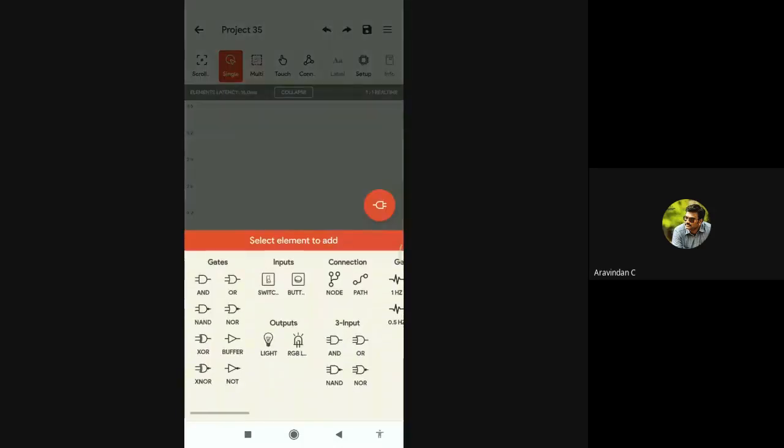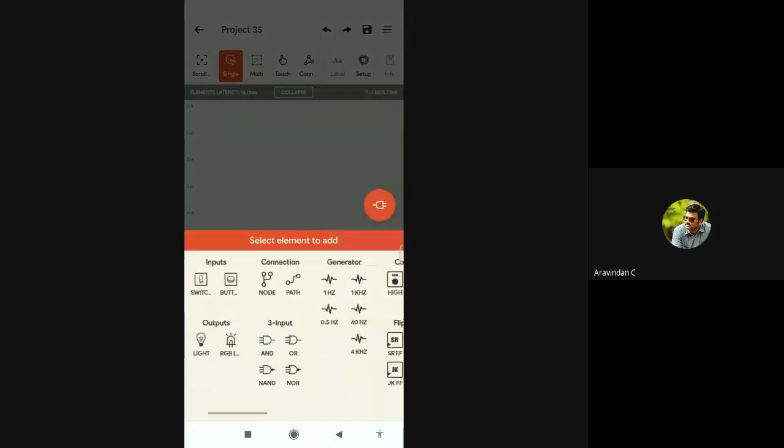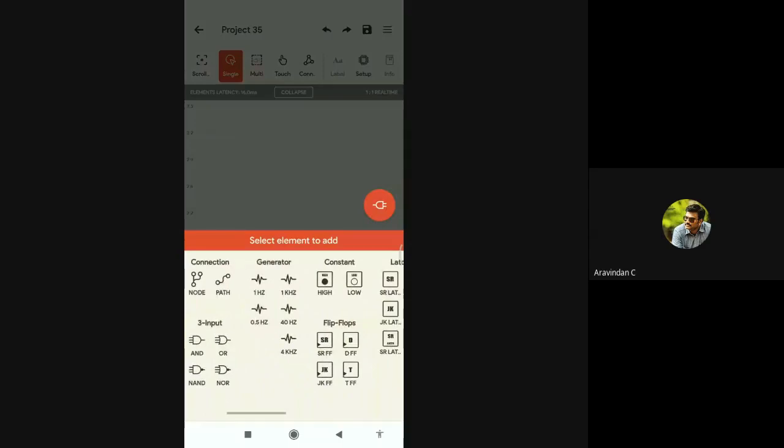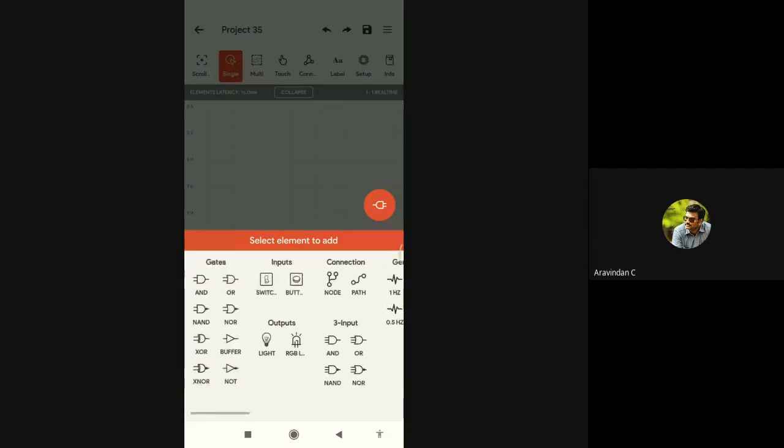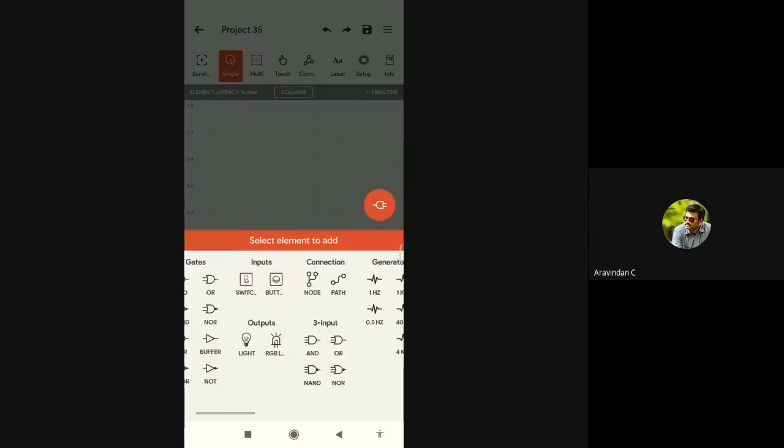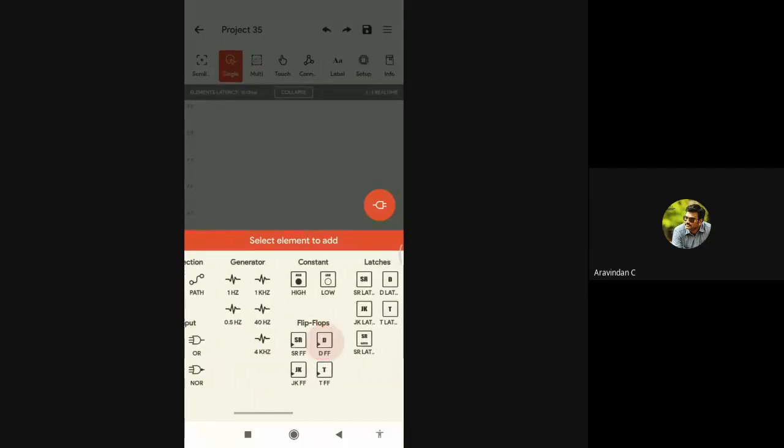First I'm going to select the components. First I will take a D flip-flop. You can see here the flip-flops: SR, D, JK as well as T. For this shift register experiment, we are going to use a D flip-flop. First, I'm going to take one D flip-flop. Then I'm going to take one switch and one push button. I also mentioned that we are going to have high or low. You can see here high as well as low. I'm going to take only the low component, so I'm going to take 2 low components.